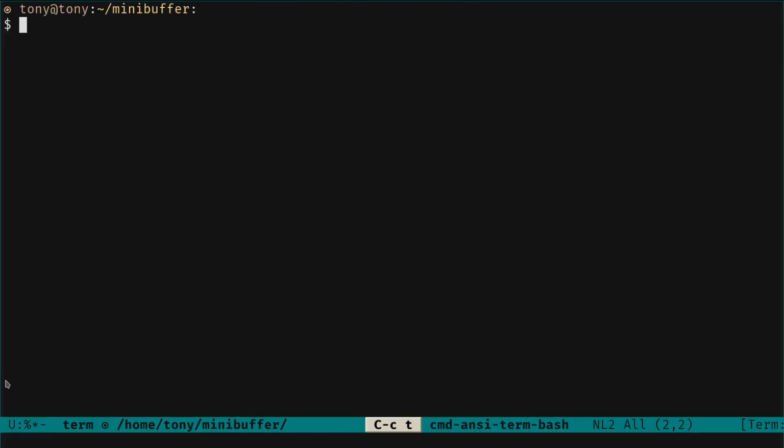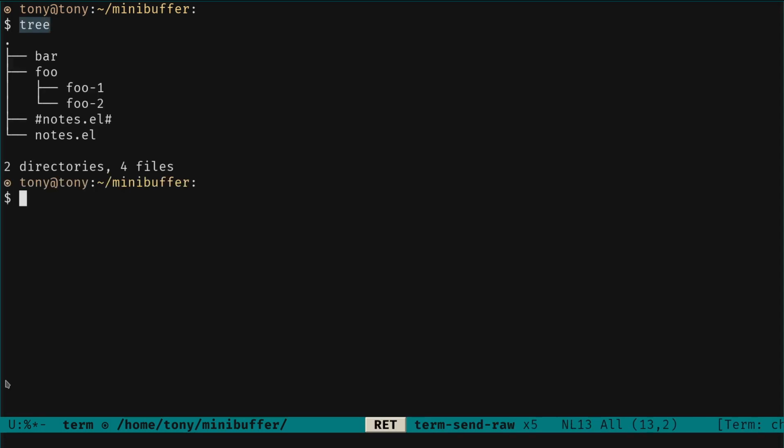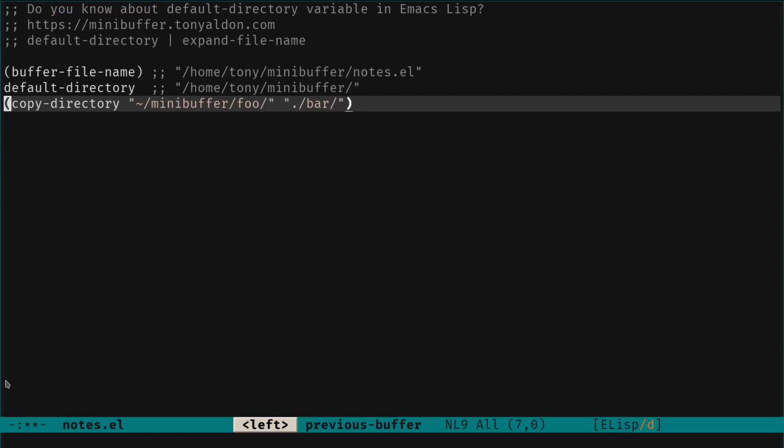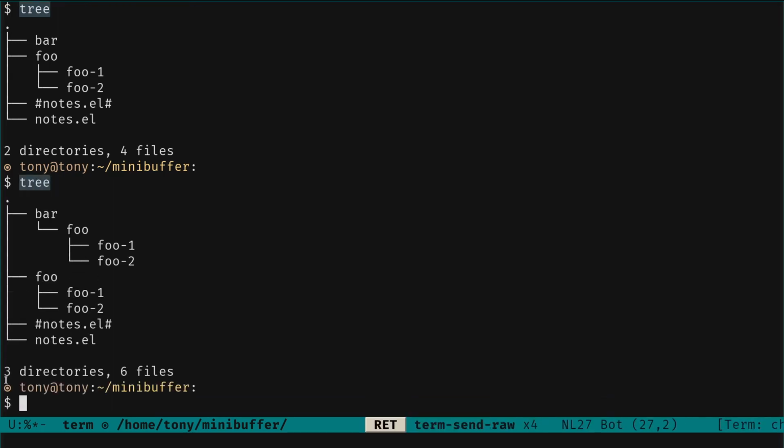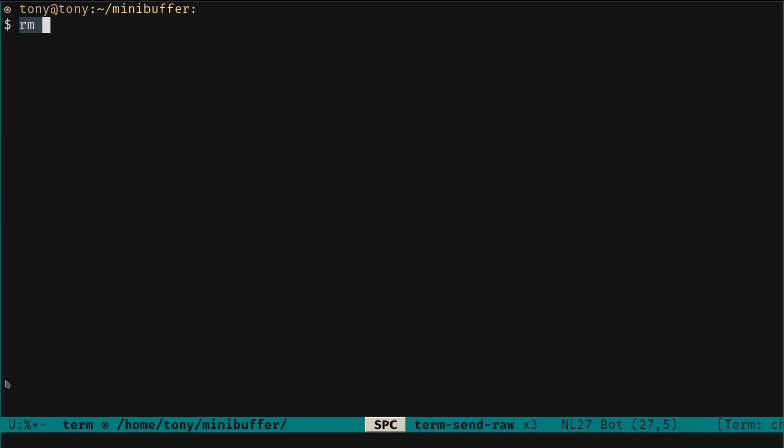So now let's open a terminal and run tree. We have a directory bar and a directory foo with some files. We run that command to copy the directory foo into bar, and we see that this works because of the value of default-directory. So foo has been copied into bar. Let's remove